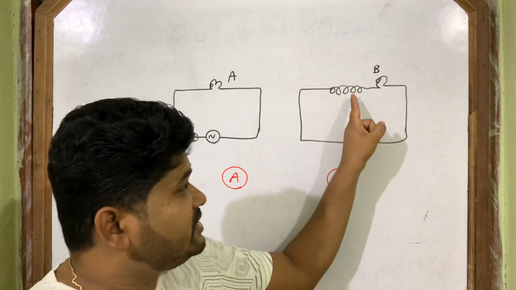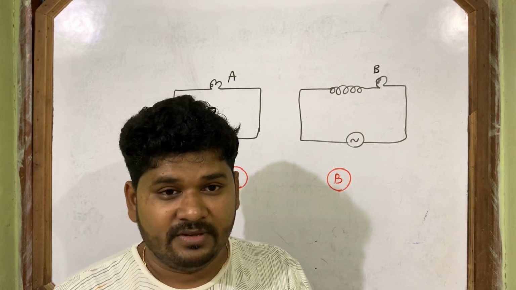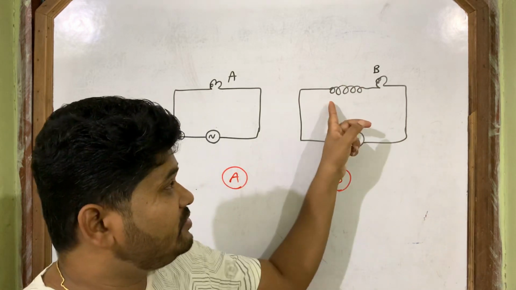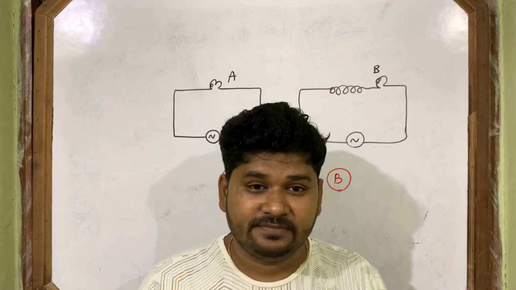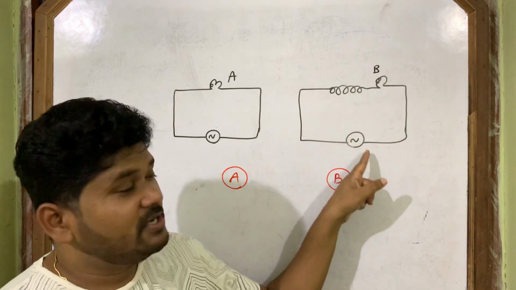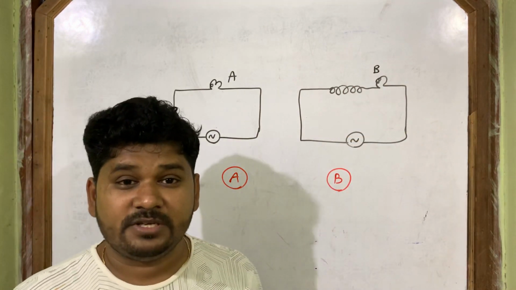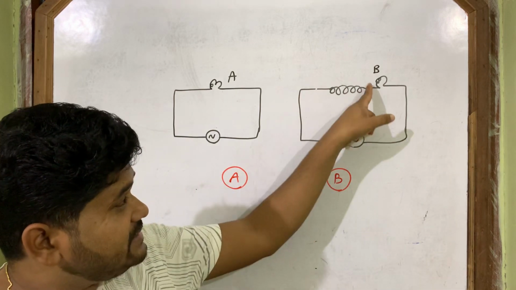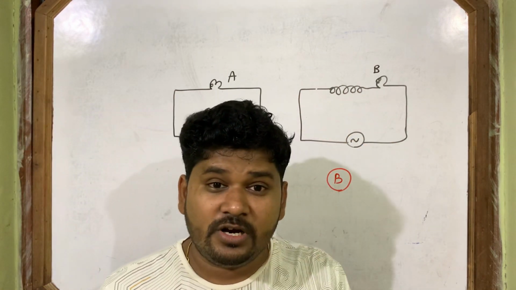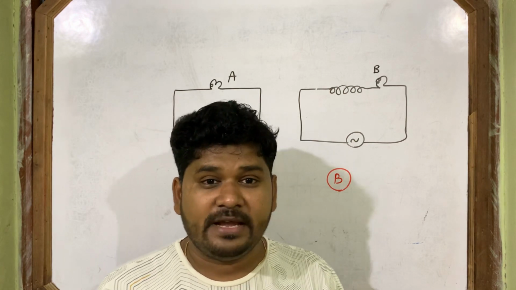Why? Because the inductor will not allow the current to become zero easily. When the applied EMF is zero, still EMF is present there and will help the bulb to glow for some time. So this EMF which is induced in the inductor is also called back EMF. Remember, that is also called back EMF.